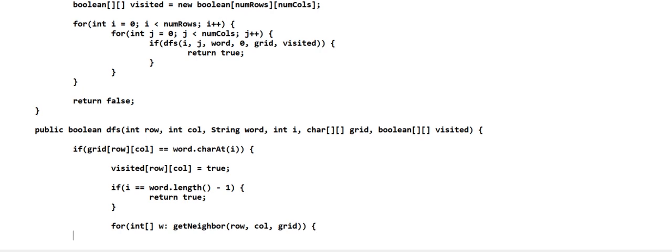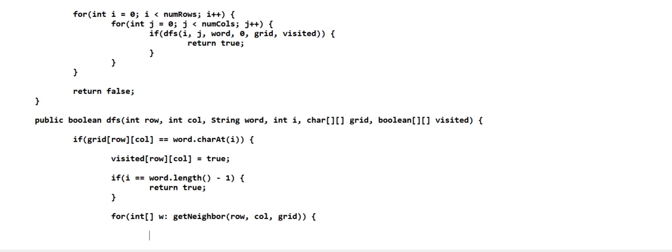When I look at the neighbor, for example this first neighbor, I need to see that that neighbor should not be visited. This is an array, so index 0 holds the row and index 1 has the column. So if it's not visited,